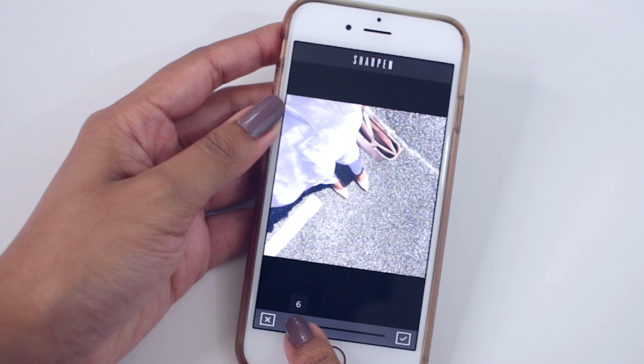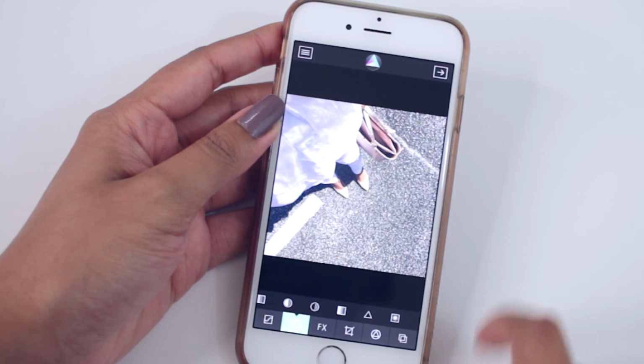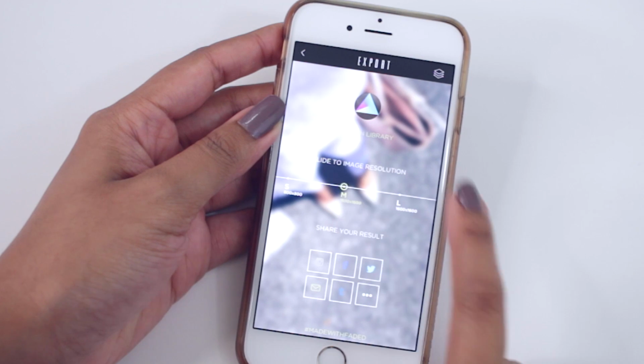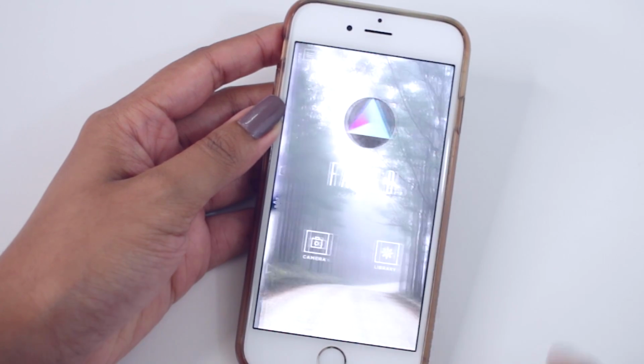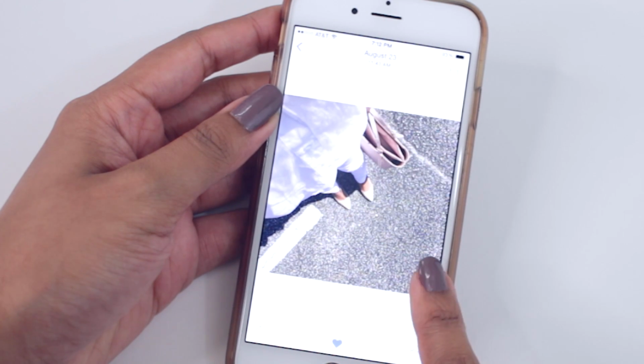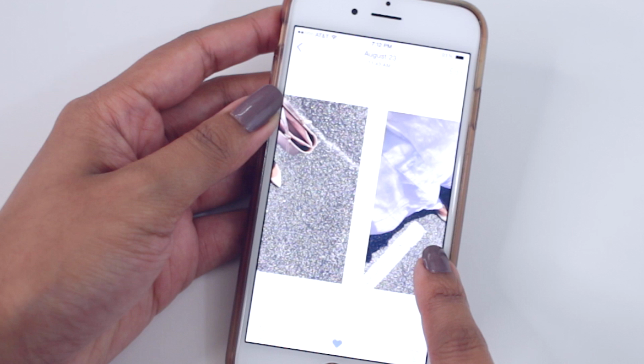And then of course I always sharpen at the end because I feel like a clearer, more vibrant picture is better. I'll export that picture in the medium file, and then I'll show you guys what it looks like before and after. It's kind of hard to see, but you can go on my Instagram account and see that photo if you are interested. You can follow me at Calais_Lagunero.